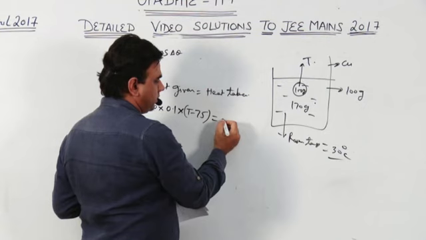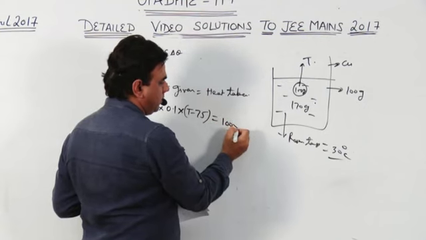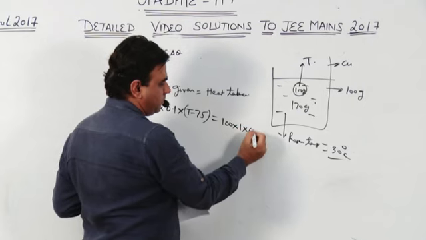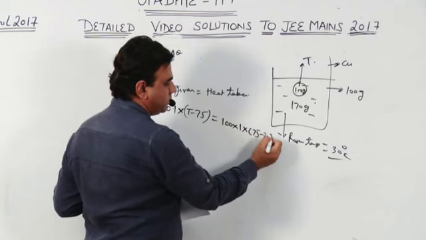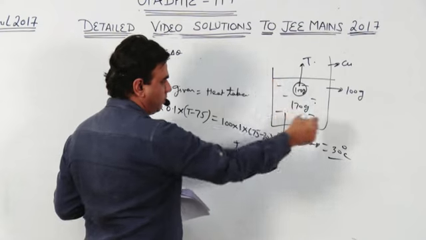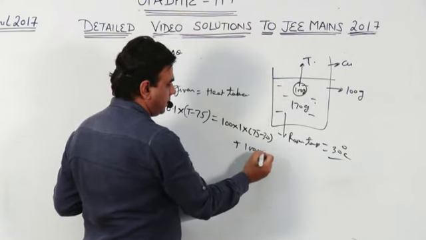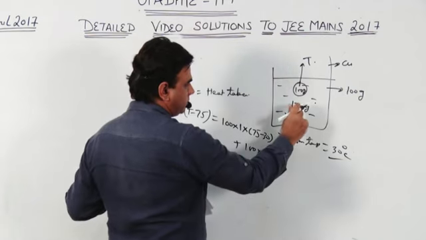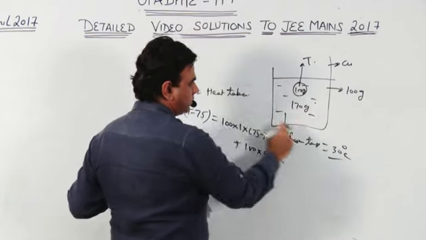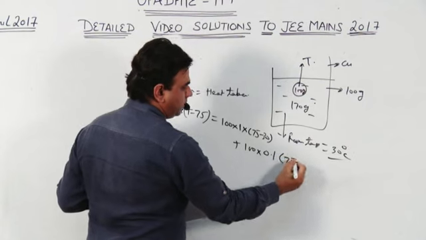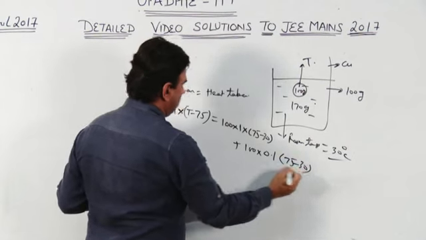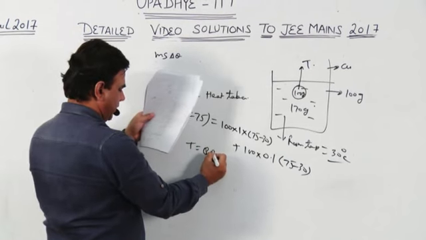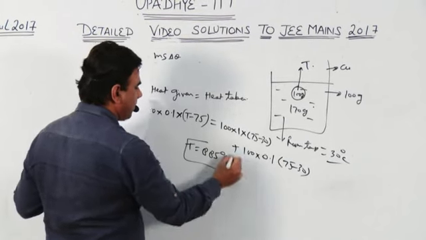Now heat given by this ball is this much, and heat taken by water as well as beaker. First it is water, 100 gram, and specific heat of water in CGS system is 1, final temperature is 75 and initial was 30. Similarly for the copper beaker, it is also 100 gram and specific heat capacity is 0.1, and delta theta: since the water is at 30, the beaker was also initially at 30 and final temperature 75. If we calculate this, we can get 85 degrees C.